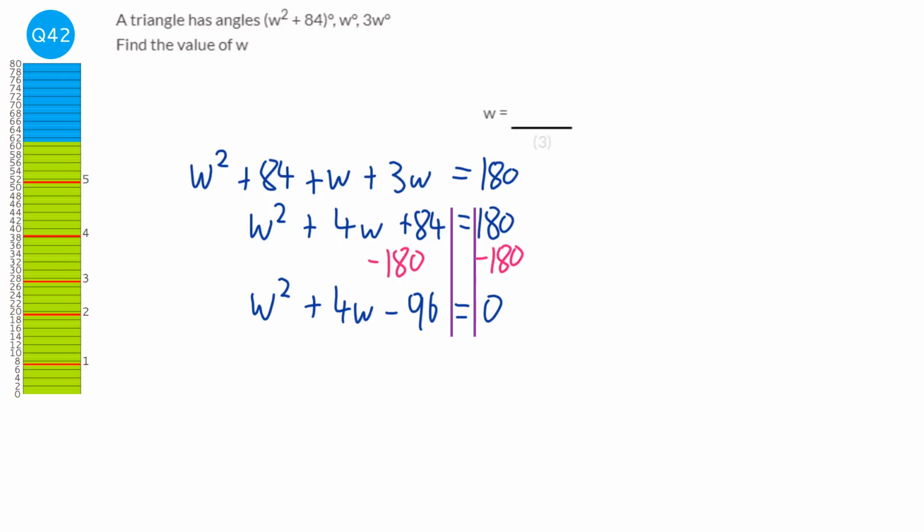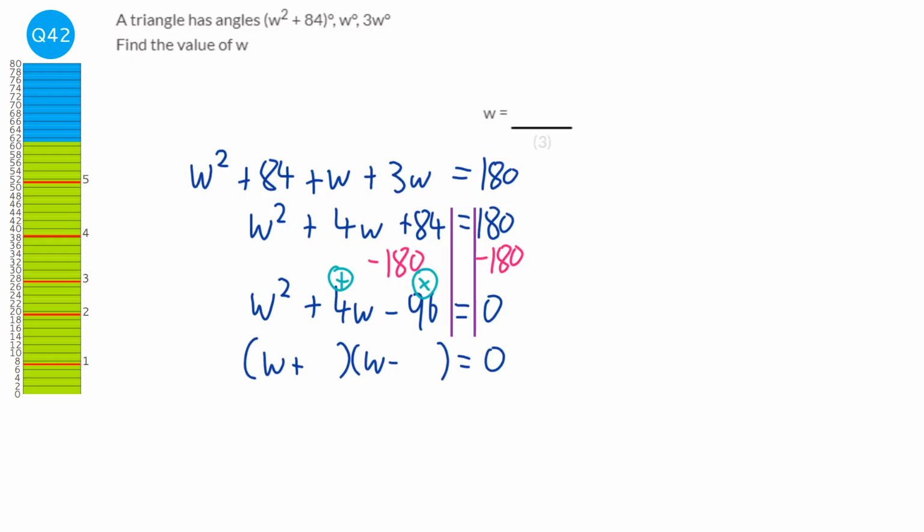So with quadratics, when we're trying to solve them, we need to put them into brackets. And to do that, we need two numbers that add together to make the 4 here and multiply together to make the 96 here. So just going through different numbers for 96, and you can try different ones. The first thing in the bracket would be w. And I think it's going to be a positive and a negative to get that negative there. 96 is 12 and 8, so it would have to be,